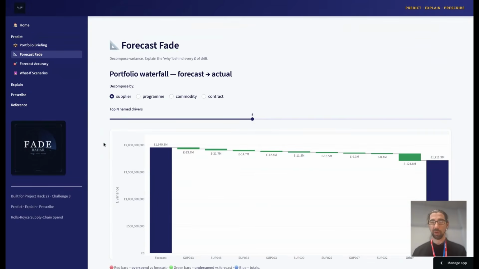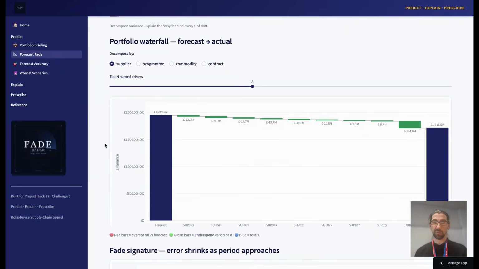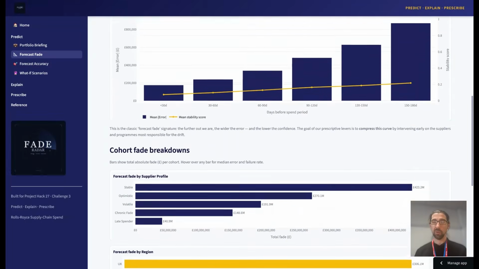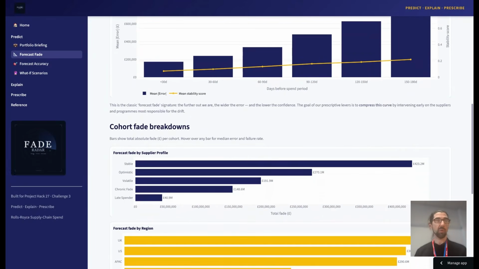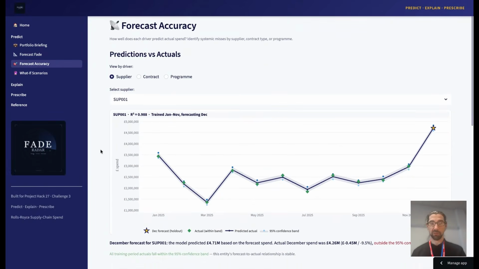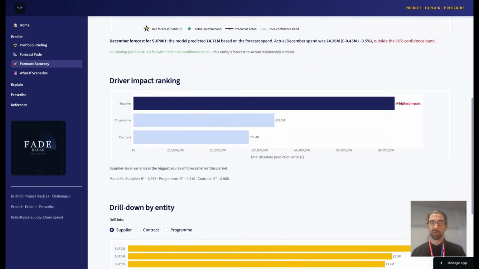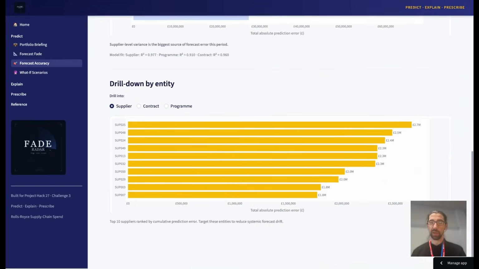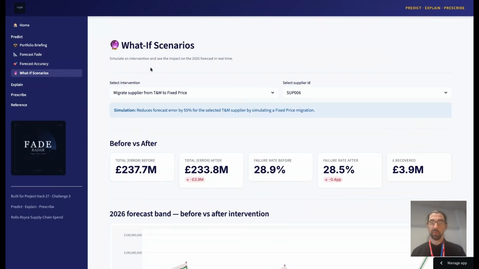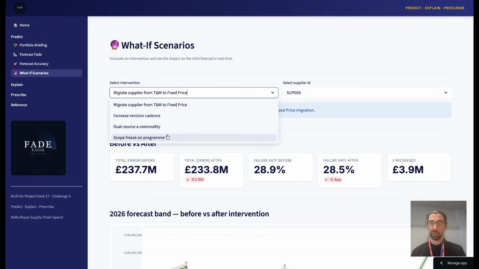And then we also look at forecast fade, which looks at the difference between forecast and actual, the fade signature, and the cohort fades. And then the forecast accuracy, it shows the predictions versus actual, the driver impact ranking, and drill down by entity. And then we've also got a what-if scenario, which means that you can go on